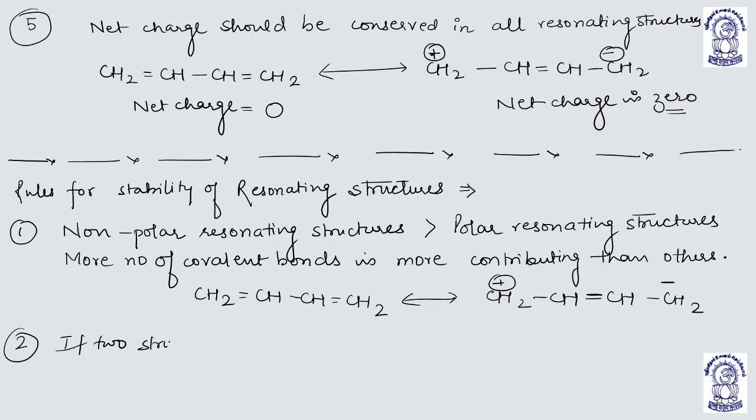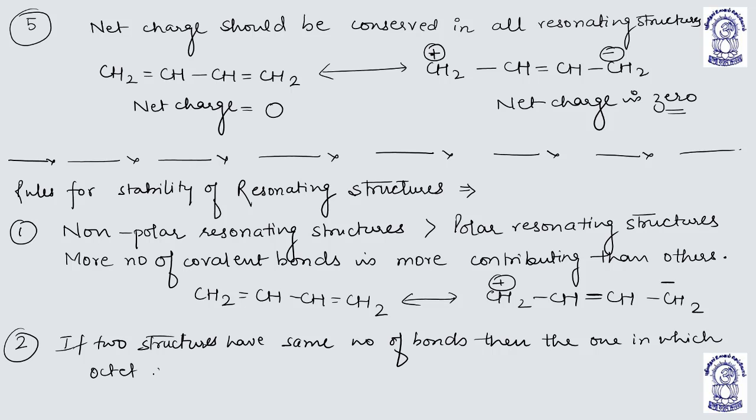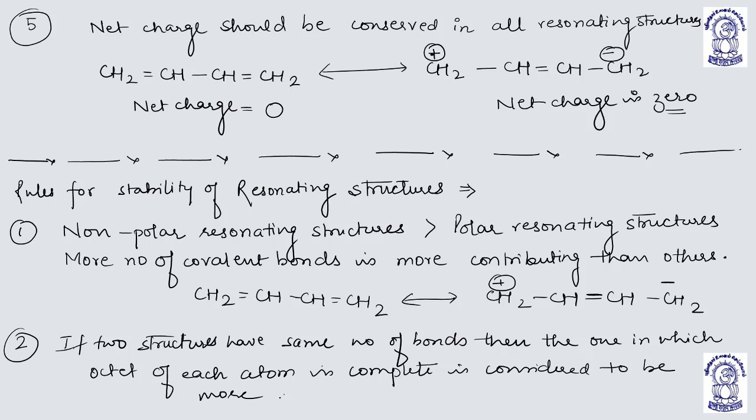If two resonating structures have the same number of bonds, then the one in which the octet of each atom is complete is considered to be more contributing. For example,